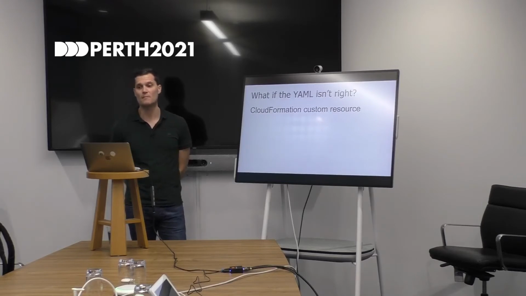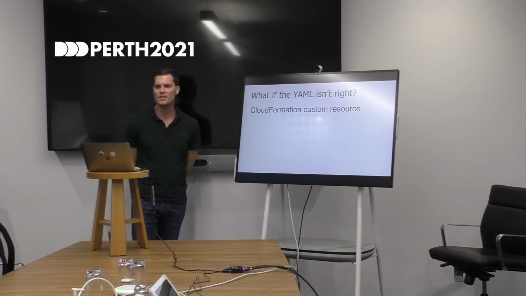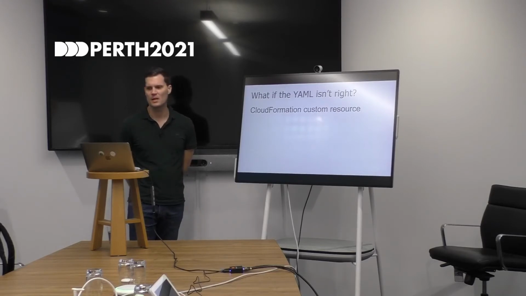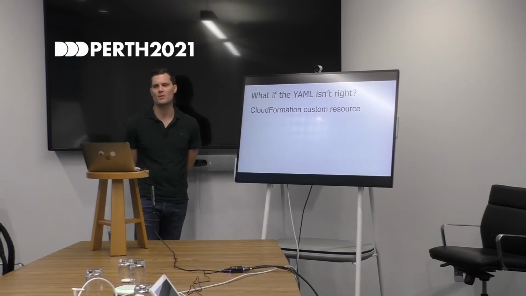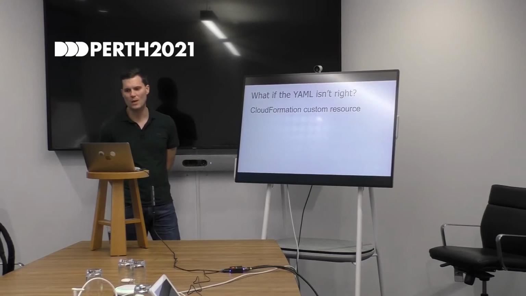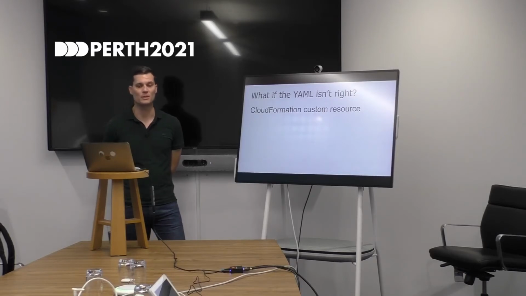CDK also provides some very easy abstractions for packaging and deploying Lambda functions, which makes it very easy to write your own custom resources. I have one on my GitHub that I wrote for generating certificates to use with AWS IoT. Little fun fact for you guys, whilst researching this talk, I wondered to myself, what portion of CDK compiles down to YAML? And what portion uses custom resources? I don't have an exact answer for you, but I can report that of the total 192 CDK libraries, 10 use CloudFormation custom resources in some way, although YAML is still used predominantly.